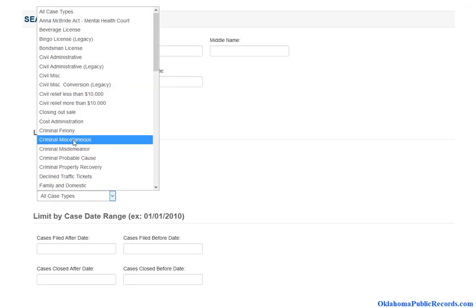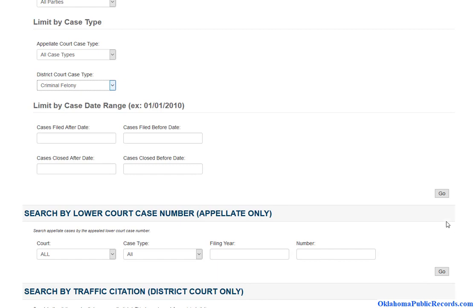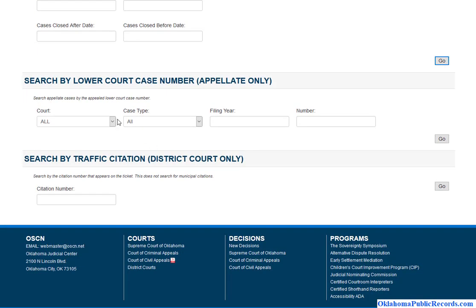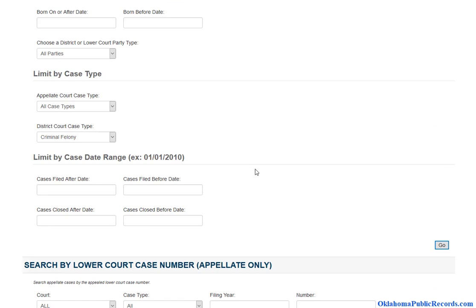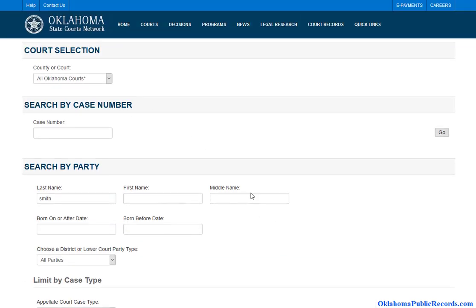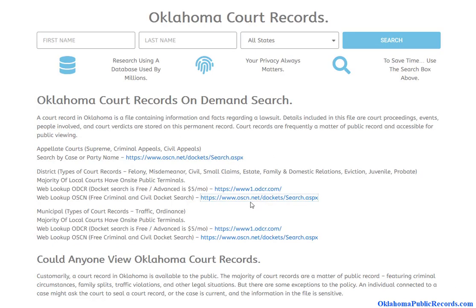For example, again, I could just do criminal felony and click go, and you also have traffic citations. You can look up all sorts of information here. This database is taking its time, so I'm just going to go ahead and move on with the video. But as you can see, you have options here to research these databases absolutely free, which include criminal